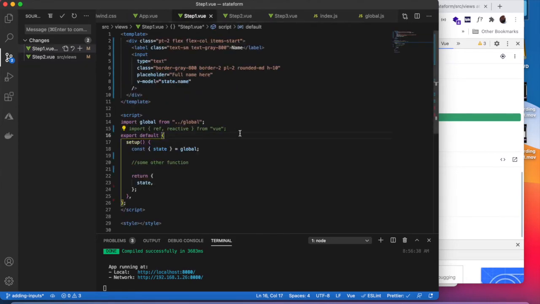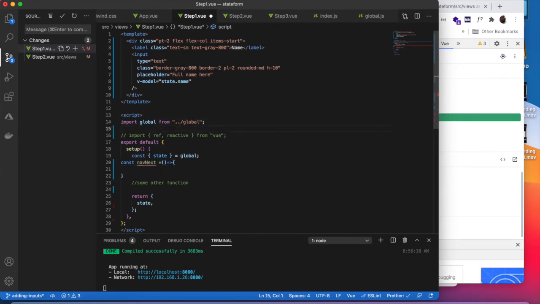Come in here, come back, and we'll add some very simple buttons. So const nav next. We're going to, again, use simple arrow functions. Oh, let's import the router. That's why we have Vue Router, right? Import router